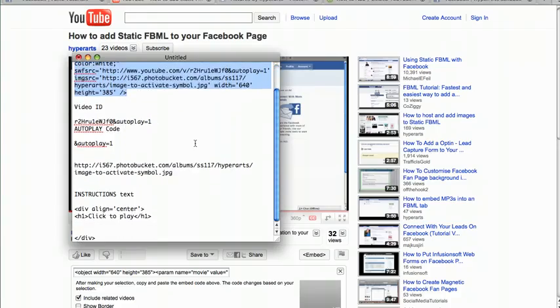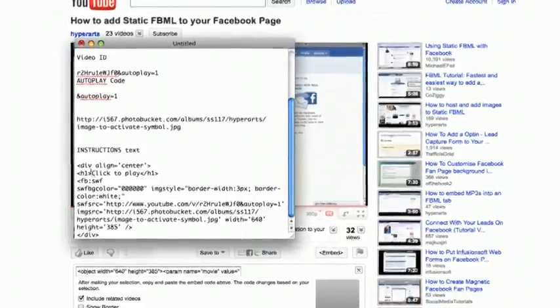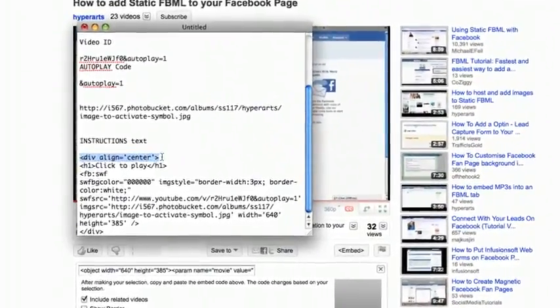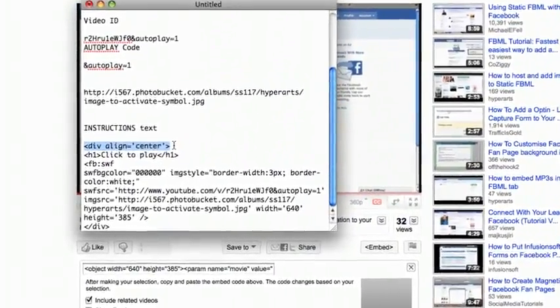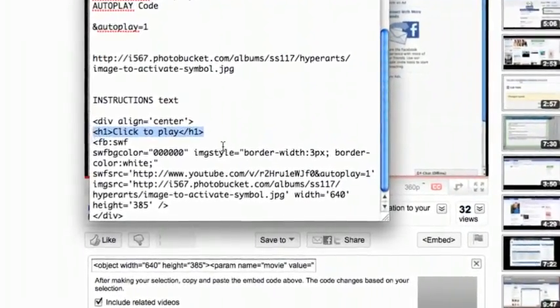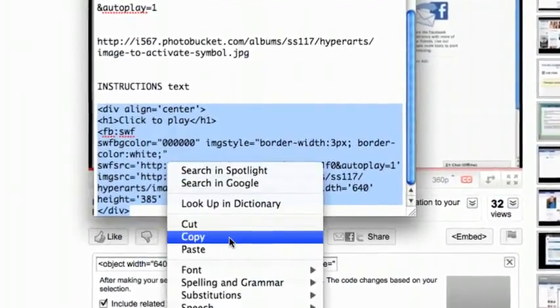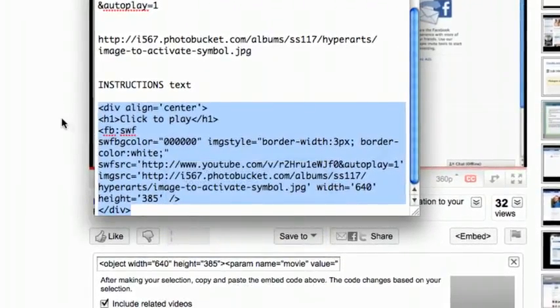Copy that. I'm going to paste it down here in between some code that I already created that tells the FBML tab to center my content, and I'm going to add a little header that says click to play, just to demonstrate different ways to do that. So copy all of that finished code,